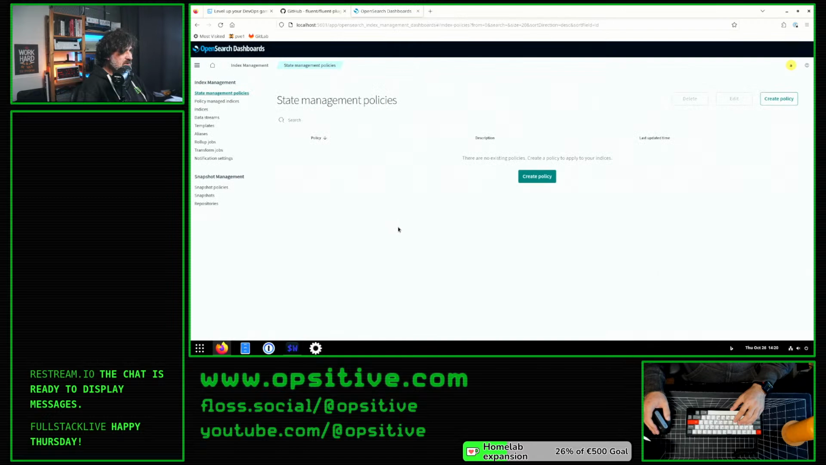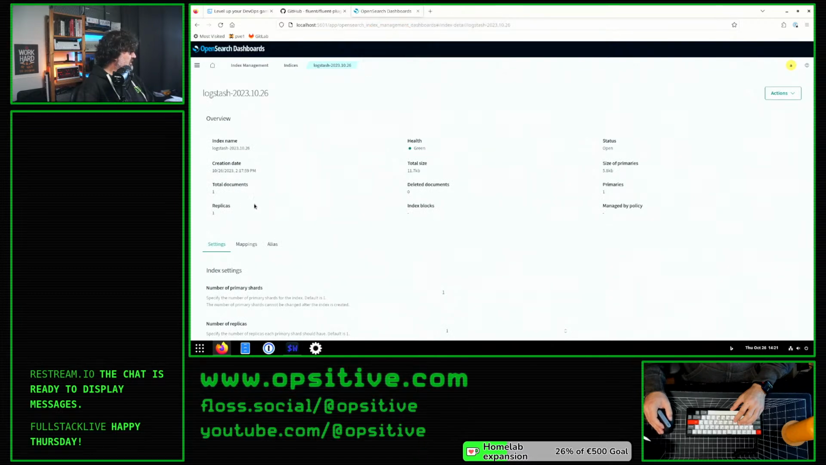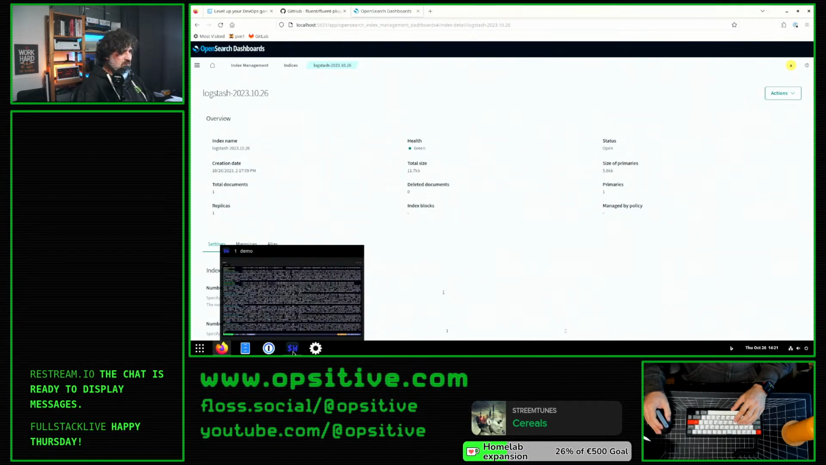Index management. Indices, and the Logstash indices get the actual date appended to them automatically. And here in our newly created Logstash index for today, 10/26, we have one total document because we only did have one log entry. So I think I could actually start a loop that